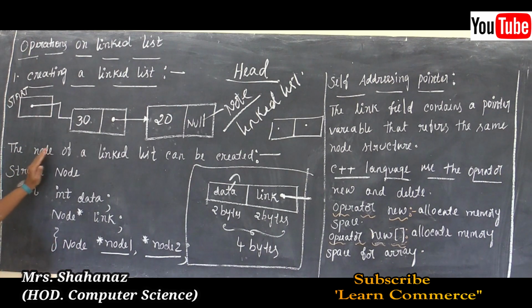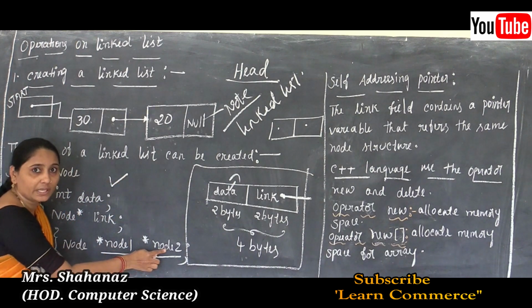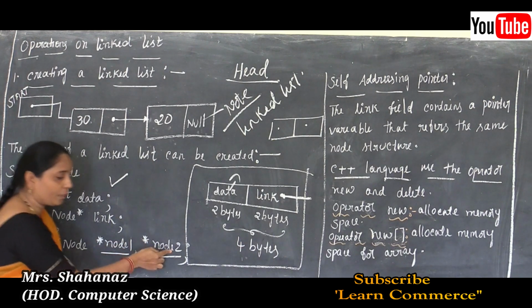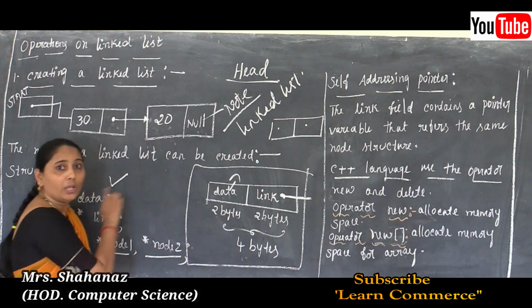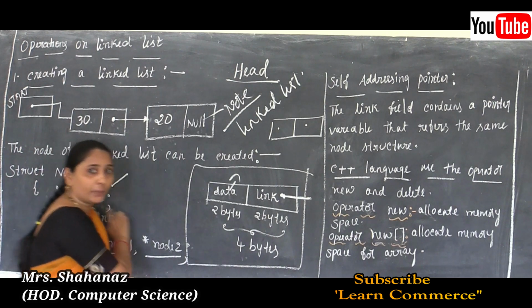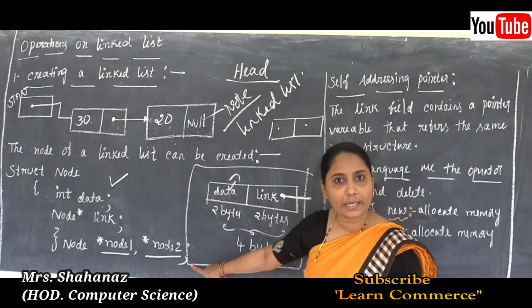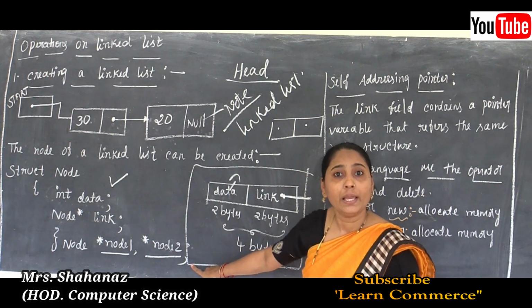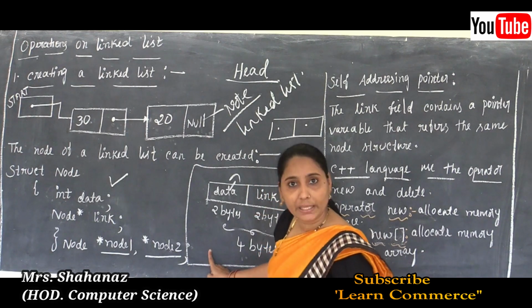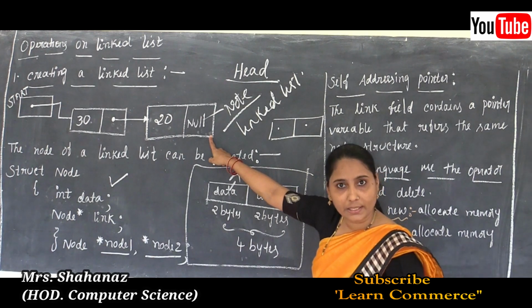Now let's see, I already wrote some code here, and this code creates two nodes. That means each structure variable contains two nodes, and maybe I want to insert one more node into the linked list. Then how is it possible? Before adding any node into the linked list, we need to make the declaration. Clear this point? We need to make the declaration of pointer node 3. Then only is it possible to add an extra node into the linked list.